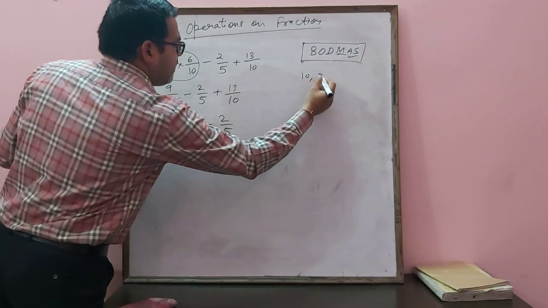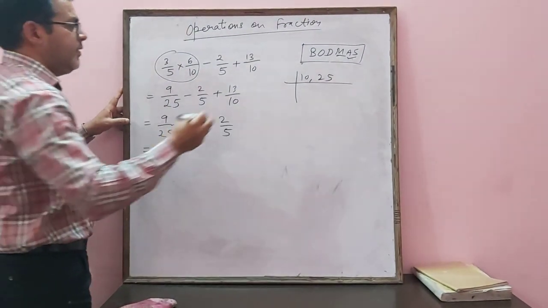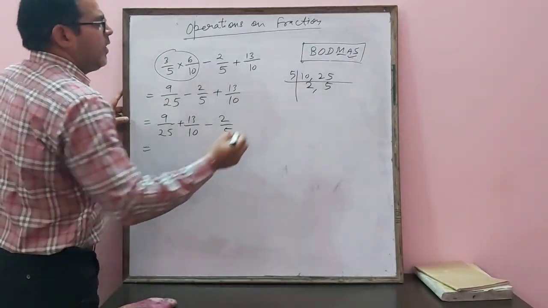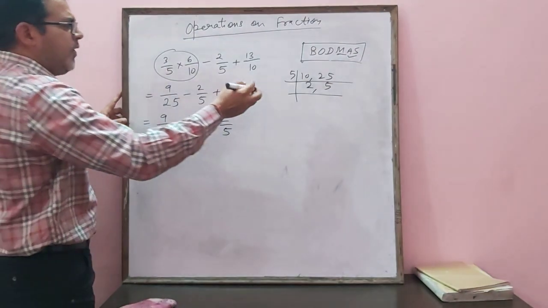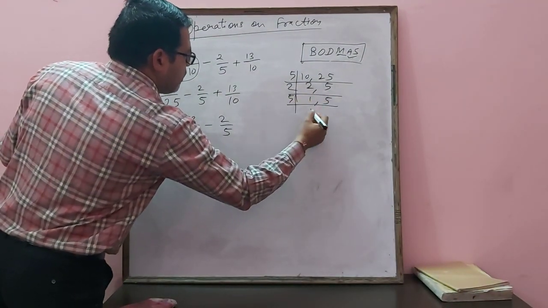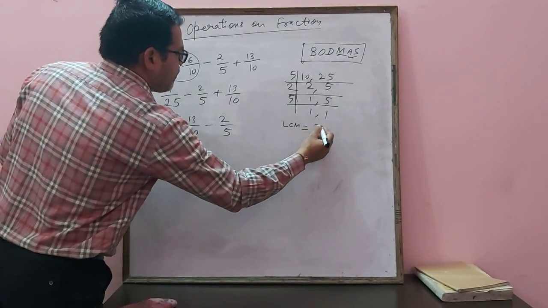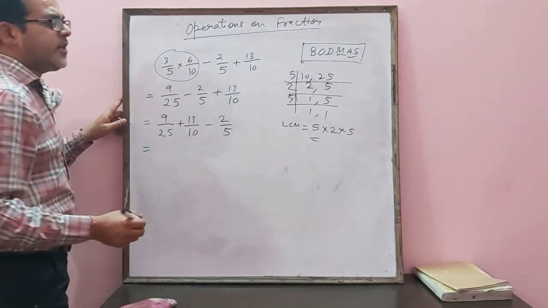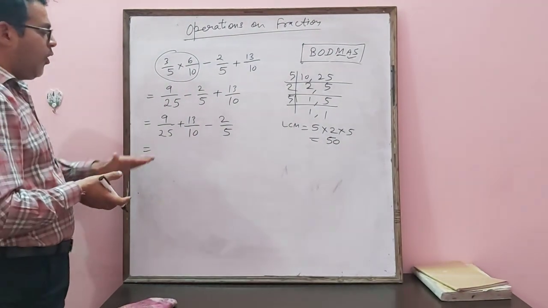Let's take the LCM of 10 and 25. By 5, 2 times and 5 times. Now, no need to factorize it, because if you factorize, nothing will change there. So, we have followed the LCM: 5 into 2 into 5, then 5 tens are 50. So, 50 is the LCM of these.